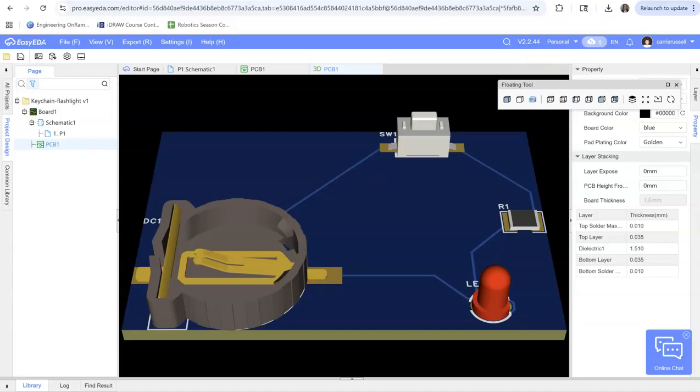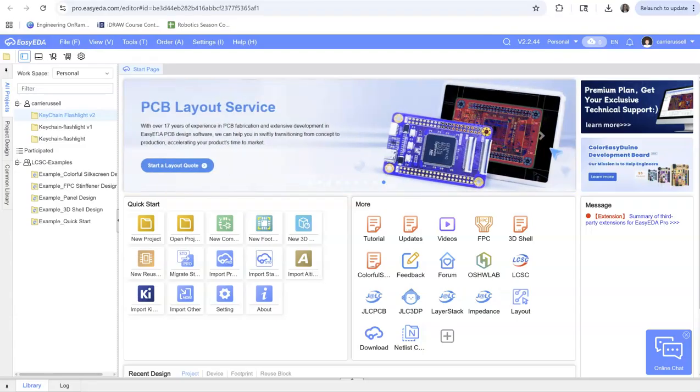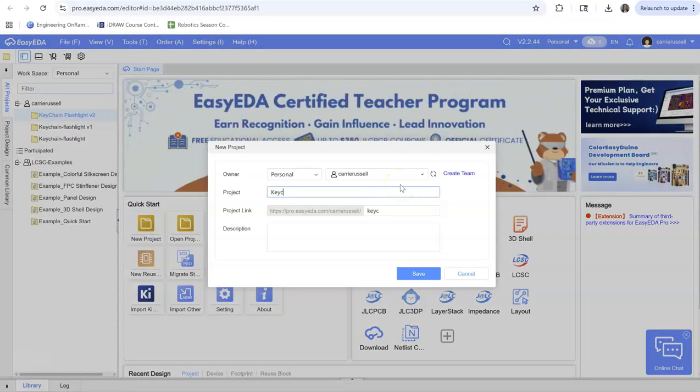So I'm going to close out of this. You should have already created an account in EasyEDA. The directions are in Teams for how to find the link. Once you come in here, we're going to go ahead and create a new project. So you can hit new project and call it Keychain